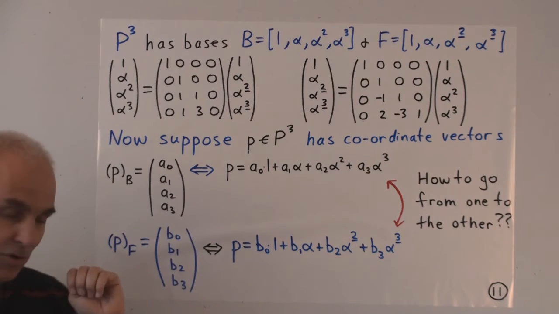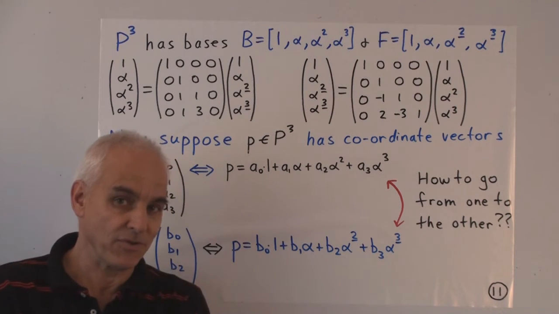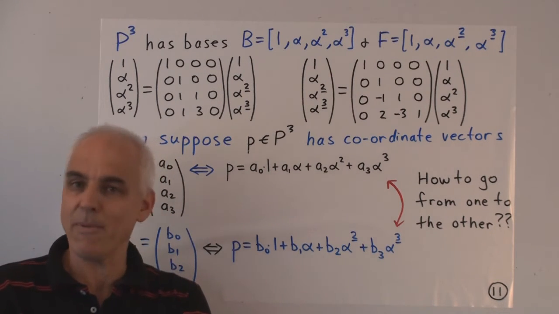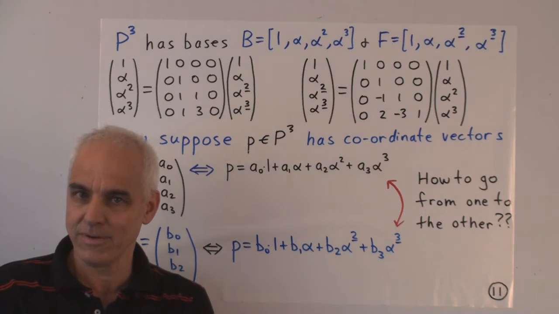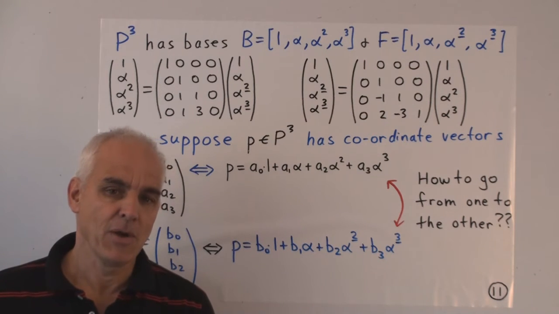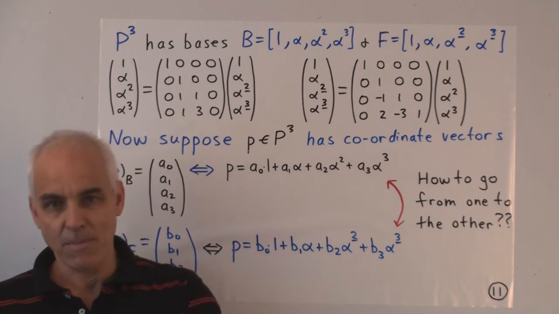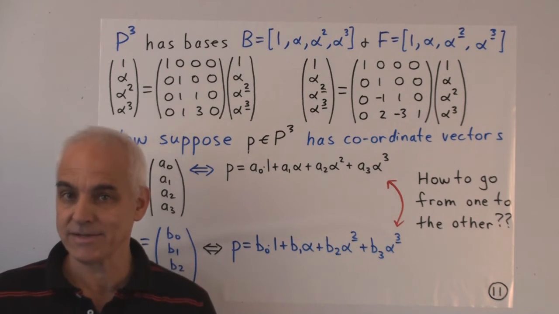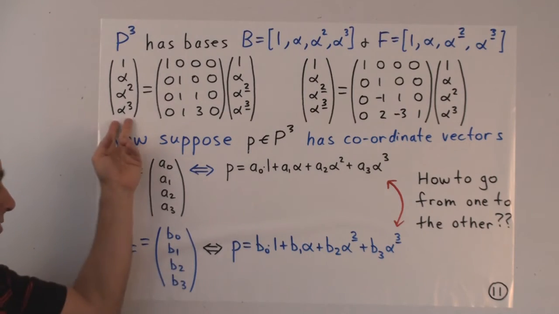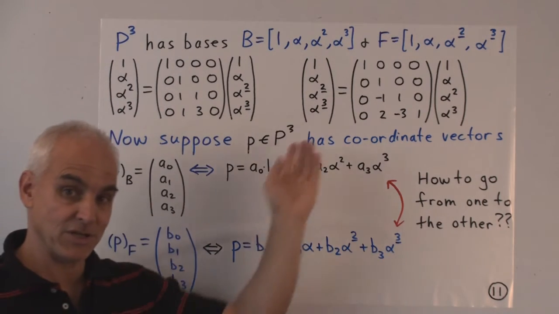Now this kind of problem goes right back to our first few lectures in this course, when we talked about Bob and Rachel, you may remember. Perhaps that was the second lecture. We talked about Bob's basis and Rachel's basis, and how to go from Bob's basis to Rachel's basis, how to express Bob's vectors in terms of Rachel's vectors, and so on.